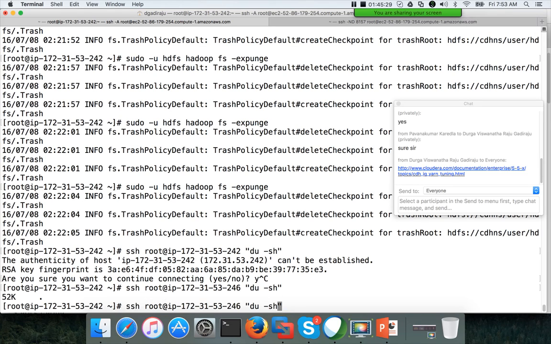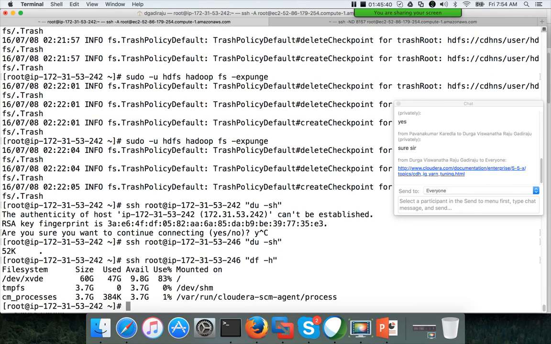Sorry, I have to run df -h. df shows the free space on the disks in human readable format if you use -h. Still it is at 47 gigs. So I have to troubleshoot this issue further and clean up the files to reclaim the storage. Because I removed that .trash directory, it internally lost contact with the blocks that are there, and it is causing the issue now.